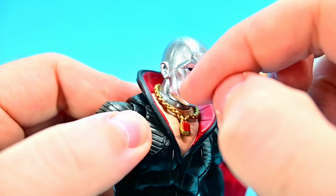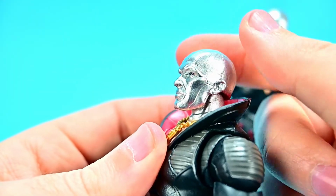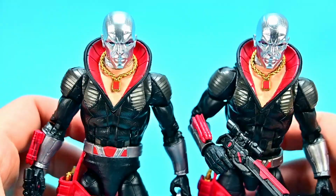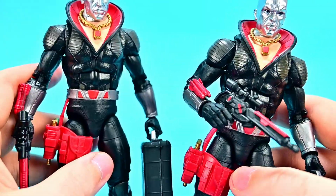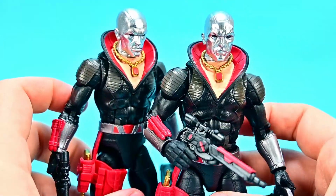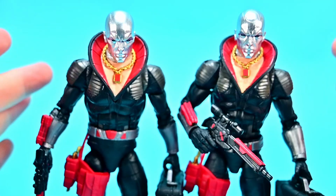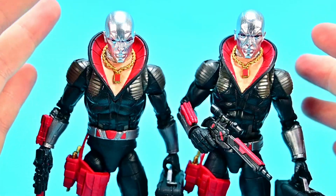So it's like they moved it from there over to the side of his head. That's really the only difference I see between these two figures, just that circle placement on the head. Beyond that, like I said, everything else is exactly the same, comes with all the same accessories, nothing's changed. So for me, either way, it doesn't matter. The circle on the head doesn't bother me, so I'd take the original release one, but either one's going to be